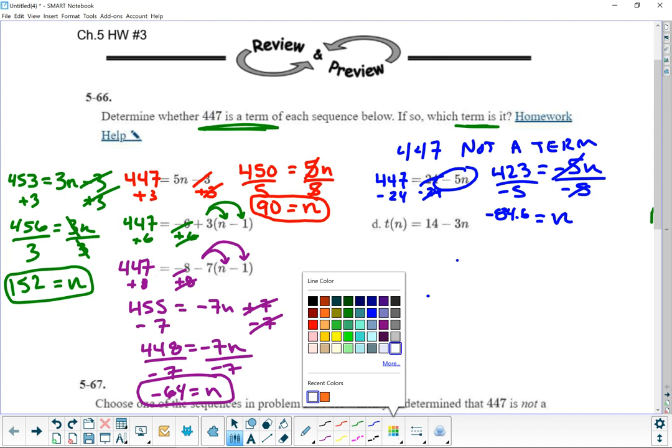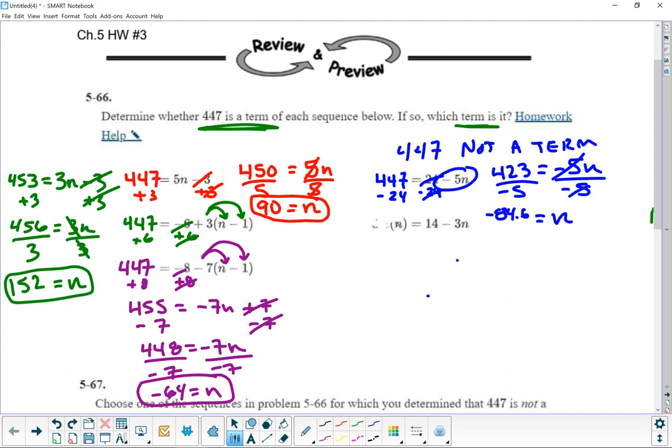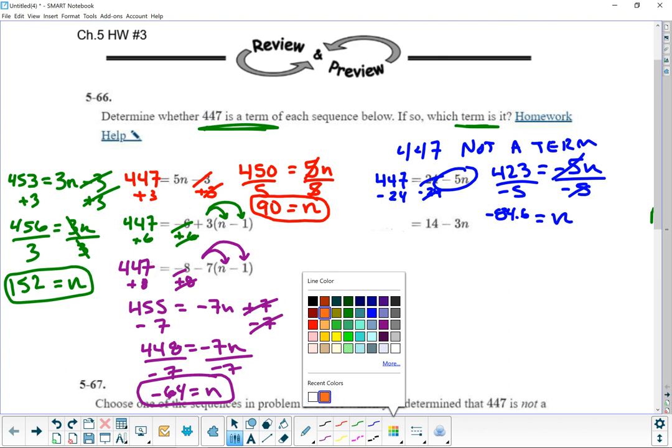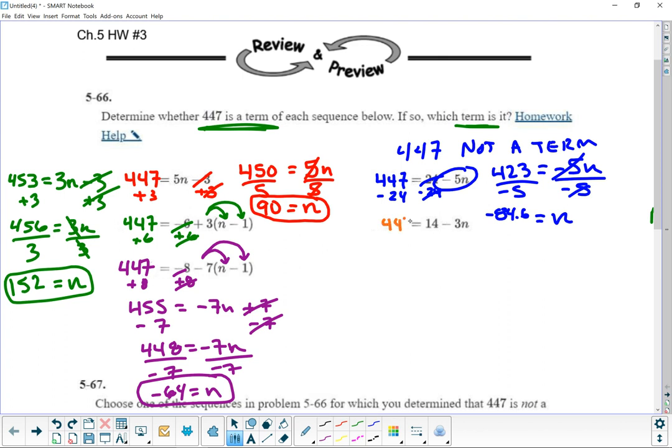I'm lonely. All right, so I'm going to go ahead and get rid of that D in the T of n, which is the term. Okay, and then I'm going to go ahead and pick my orange. So I'm going to use 447. Okay, and that's going to equal that. So I will have minus 14,